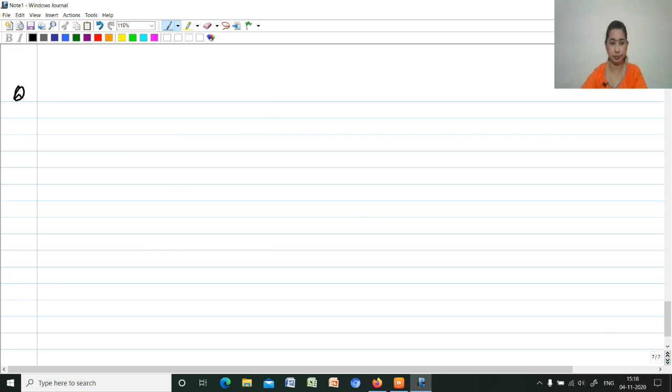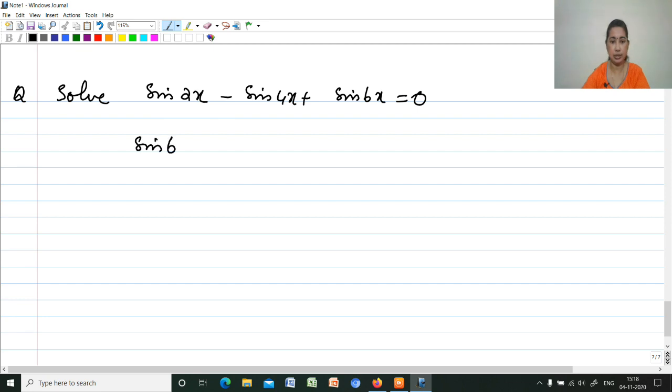Next question. Solve sin 2x minus sin 4x plus sin 6x equal to 0. So this equation we can write as sin 6x plus sin 2x minus sin 4x equal to 0. And these two,